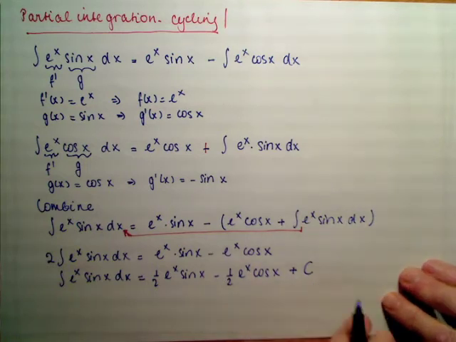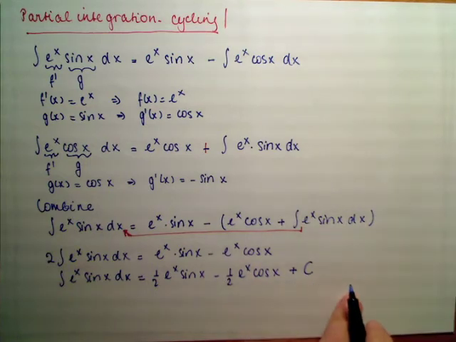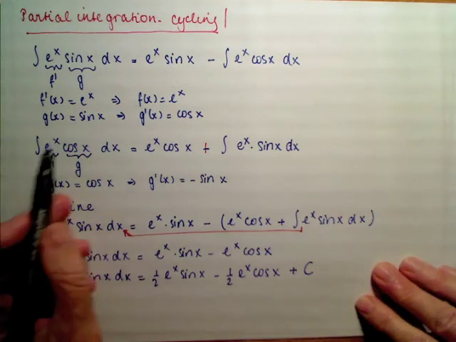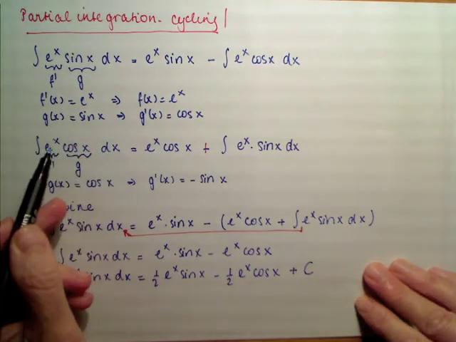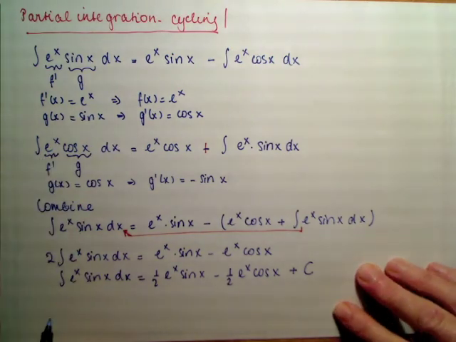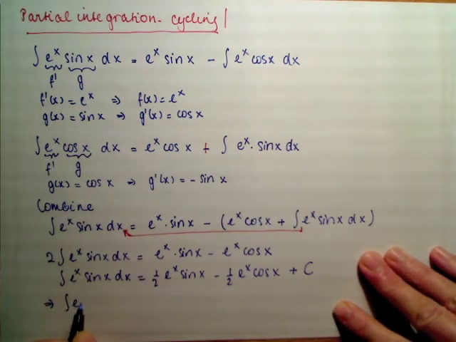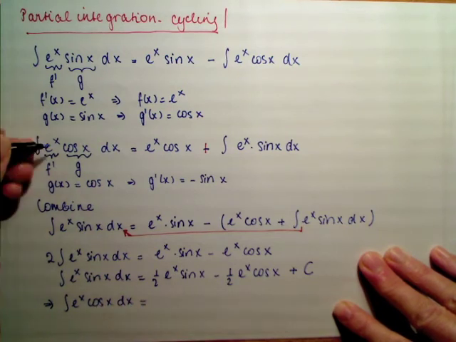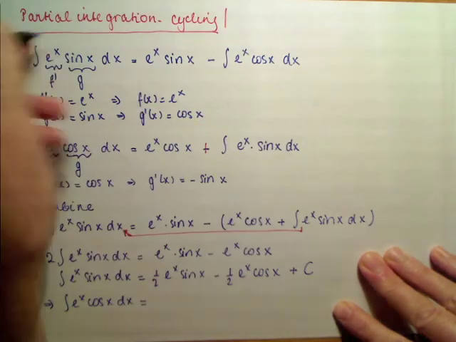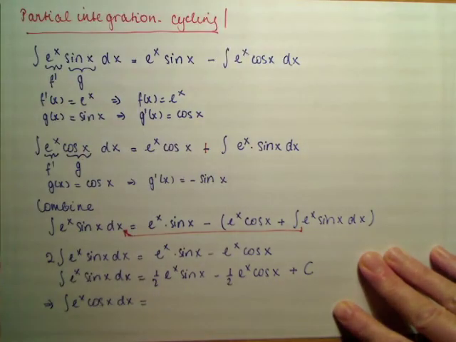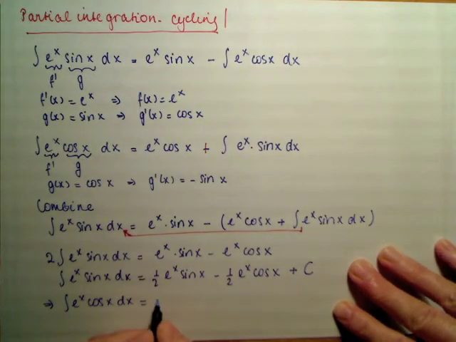last expression. What we did solve in the process is also the primitive of the function e to the power x multiplied by cosine of x. Because what is it? Well, we do the same trick, but now we substitute this one by this term, and if you do the calculation, you end up with